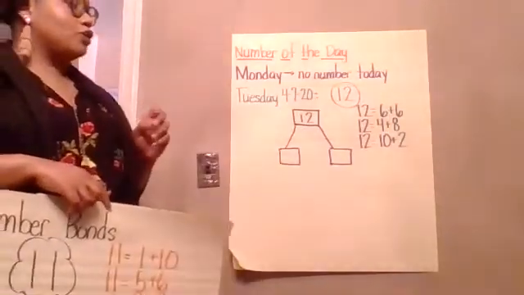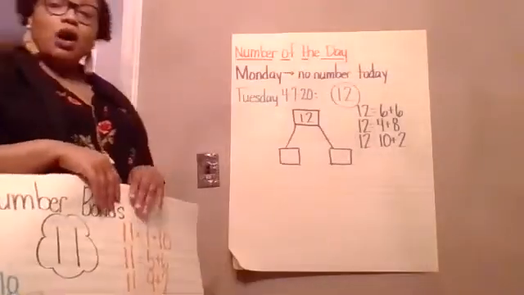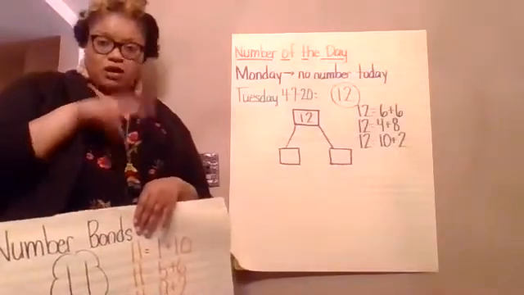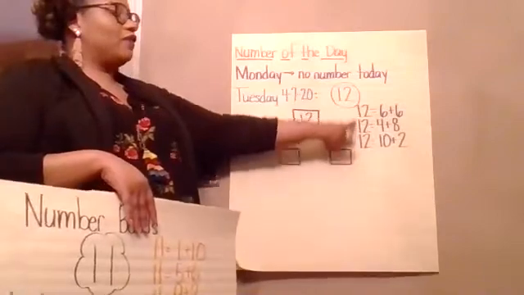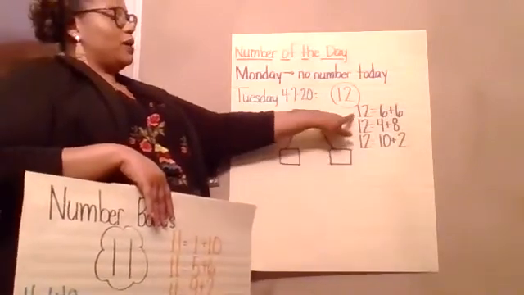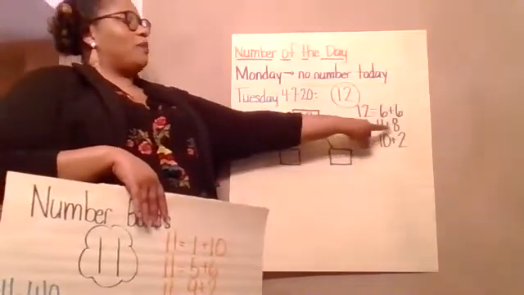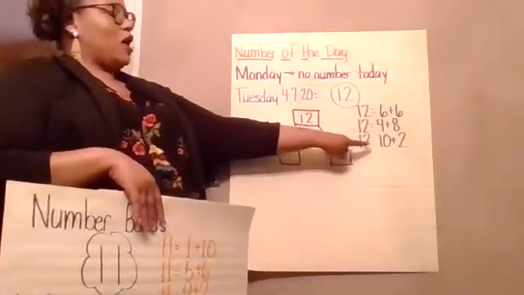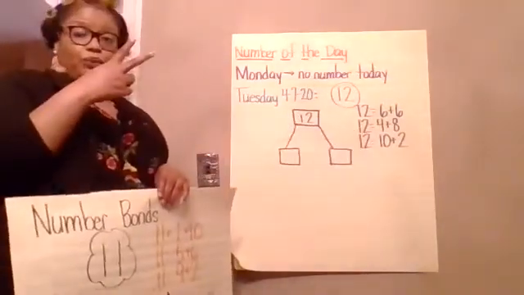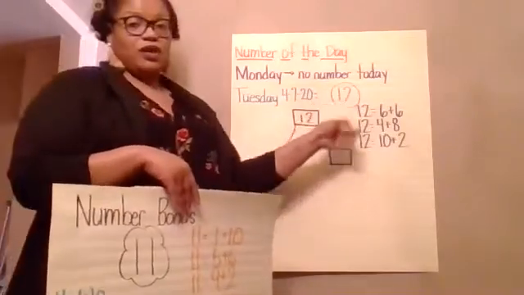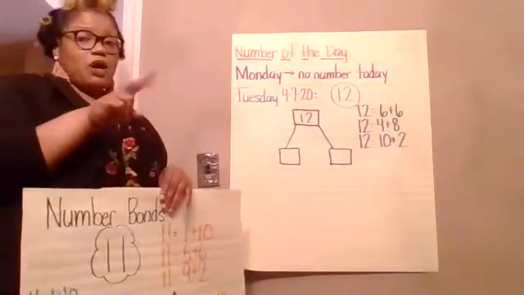So you are going to, I know we did 3 number bonds on this paper together, but you only have to do 2 number bonds, okay? So you get to choose 2 out of the 3 equations. The first equation is 12 equals 6 plus 6. Then you have 12 equals 4 plus 8. And you have 12 equals 10 plus 2. So you're going to choose 2 of these equations, and then you are going to draw 2 number bonds to